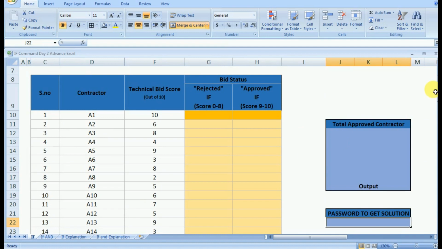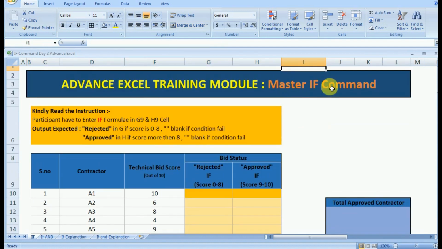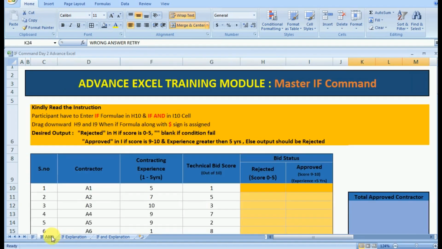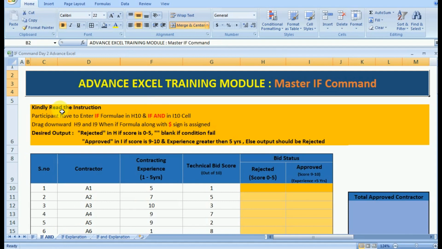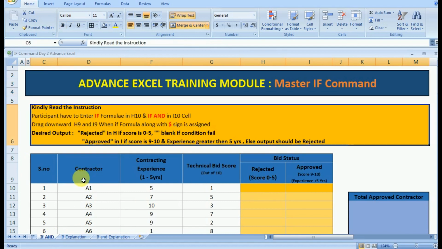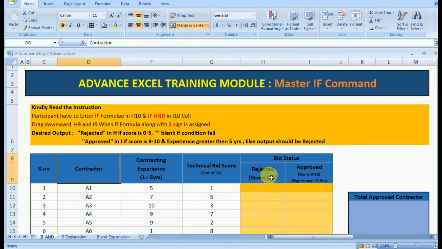Now to further understand the if AND command, you have to go through both the tasks. One task is provided to master the if command, where you will have certain data. You have to read the instructions, and based on the instructions you have to put the value in the darker cell and then drag it downward to get all the desired output.